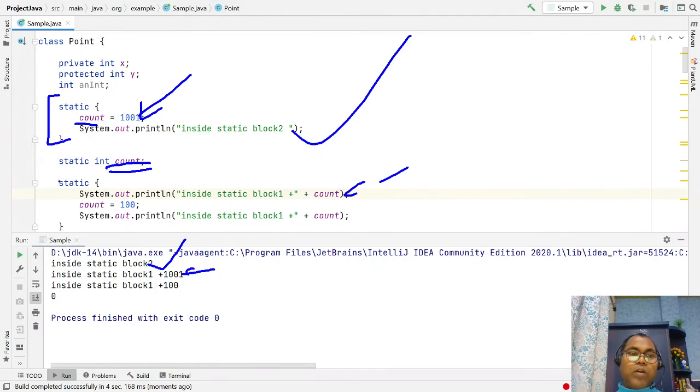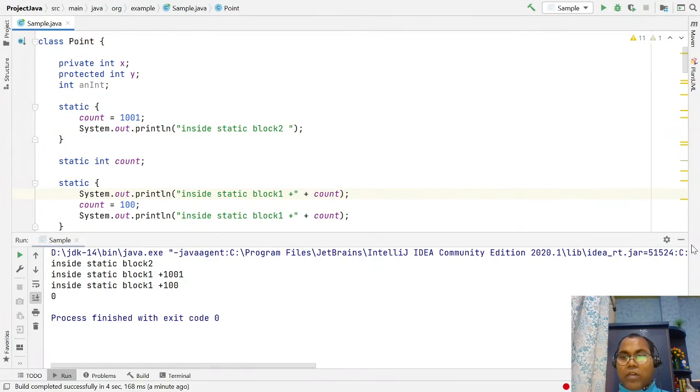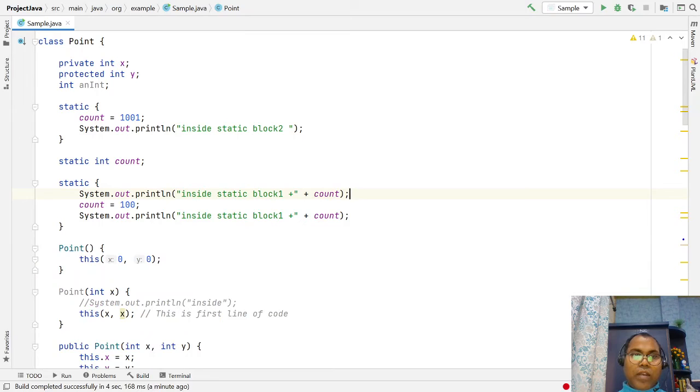Not an issue. Declarations and initialization in different places, in any order you can do. But static blocks are evaluated in the order in which they are defined in the source file. First this block is evaluated, and then after that block one is evaluated, and the value is 100. So please be sure you have the option to initialize your static data members inside your static block. This block is loaded only one time.